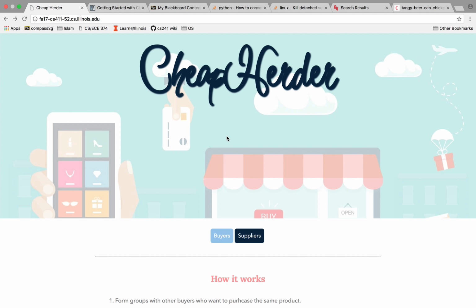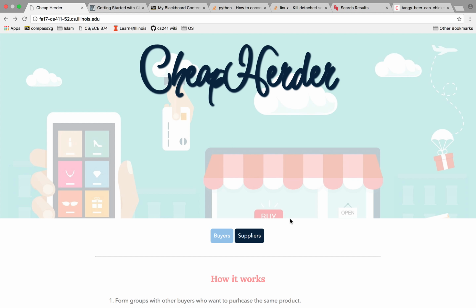Alrighty, so today we're just going to go over a quick overview of how to use CheapHerder and what CheapHerder is. CheapHerder is an application where multiple buyers can pledge a certain amount of money towards a mass order, where we try to purchase a certain item in mass quantity. When we purchase items in mass quantity, we get a lower price, but sometimes people don't want all that quantity, they just want the cheaper price. And this way, if people pledge a certain amount of money towards the order, they can have a certain amount of the